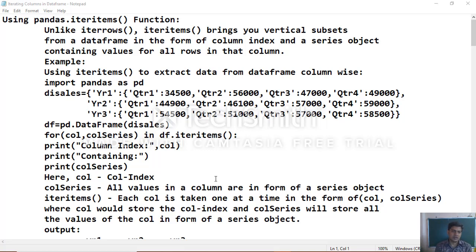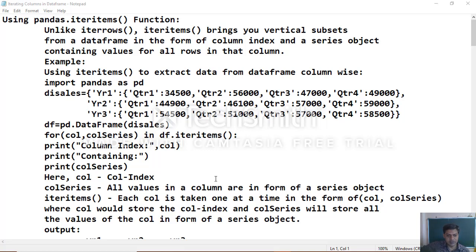Dear students, in the last class we saw the way to iterate over a data frame object. We also learned about extracting data row wise and position wise, accessing the row data of a data frame object.